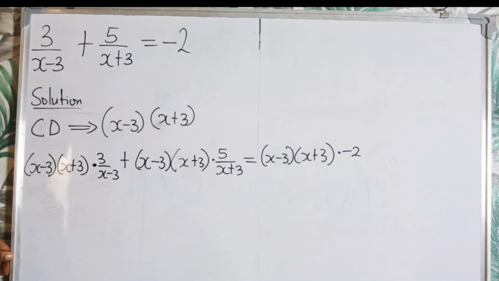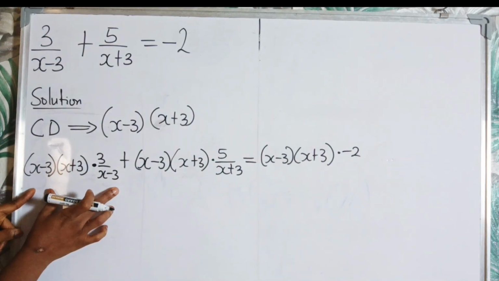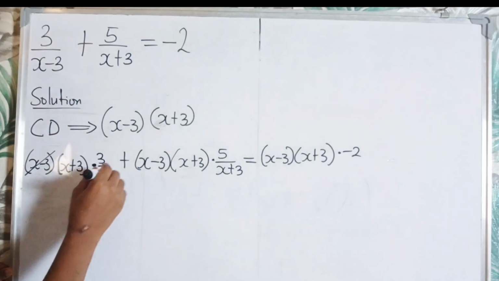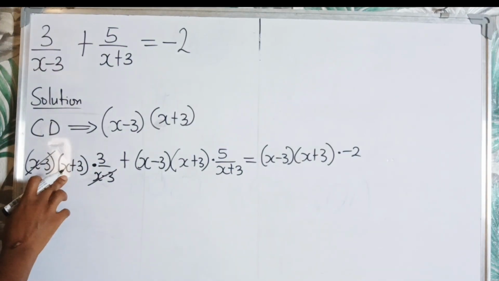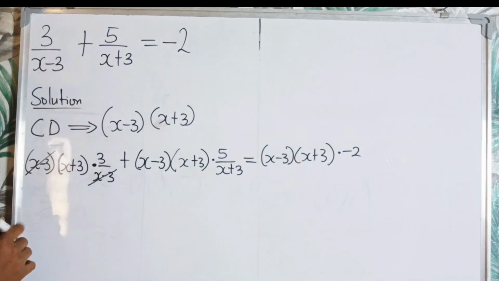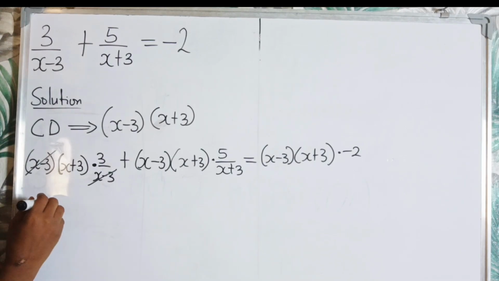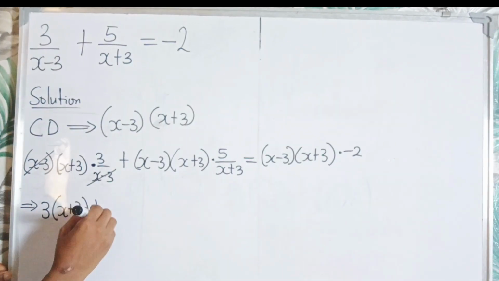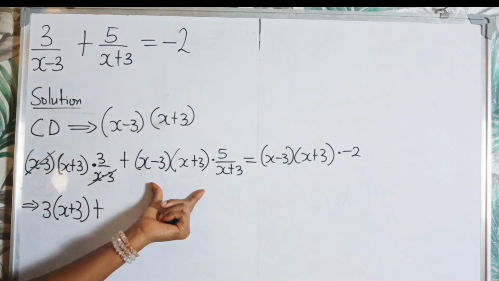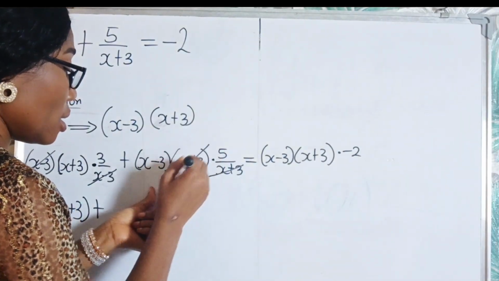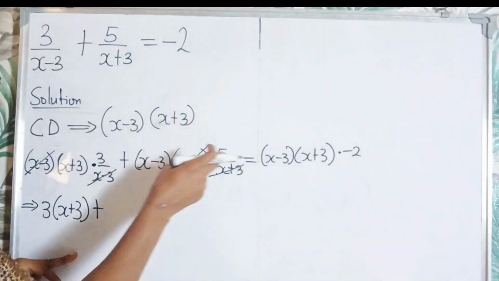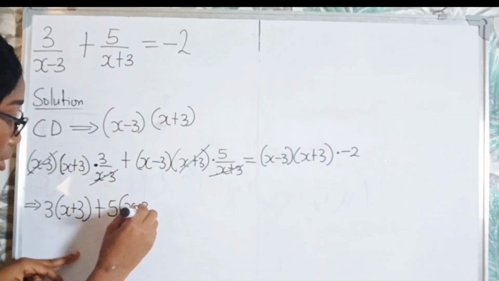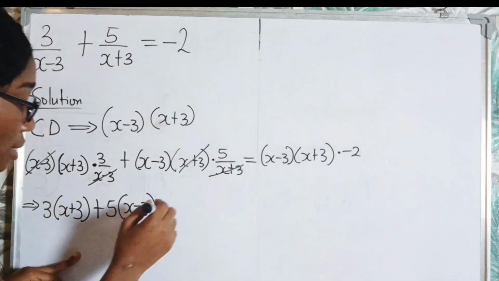All right, so looking at the first part of this equation, this and this is common. This and this will cancel out, and you are left with x plus 3 times 3. So I'll bring it down here: 3 into x plus 3. Now plus, we come to this second part. This and this will go, and we are left with 5 times x minus 3. So 5 into x minus 3. All right, and then this is equal to,